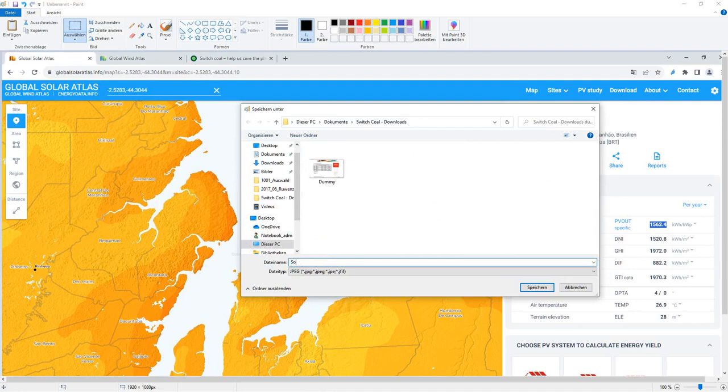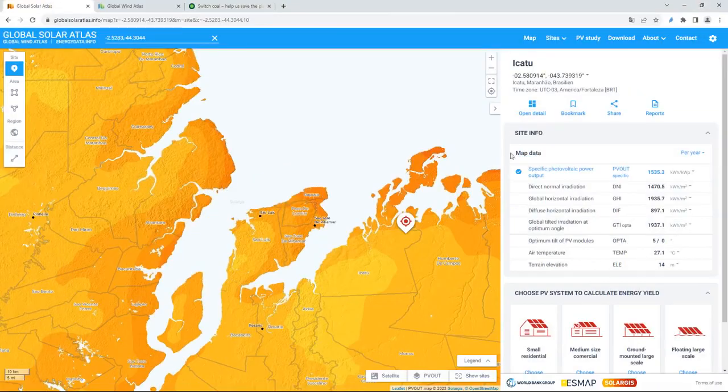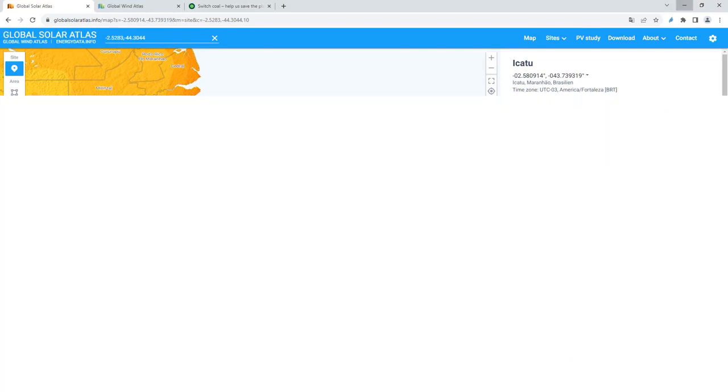Title can be solar, let's say selected solar map. All right. I save it in a folder, and then I go to that folder. Give me a second. I've prepared this already beforehand. Take this